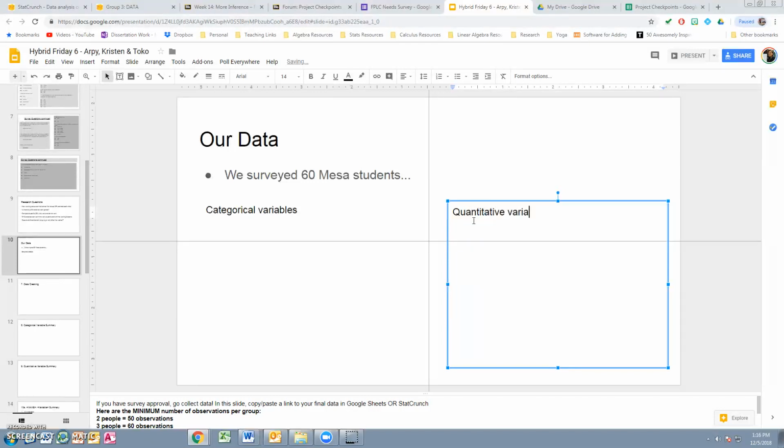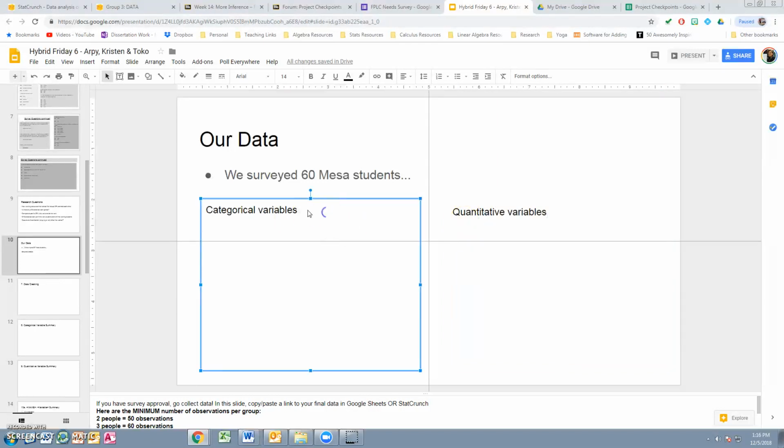And all you want to do here is give people a quick look at what the data you collected was. So here you may choose to just do bullet points, 50% female, and just kind of summarize all your variables right here. Another option would be a frequency table